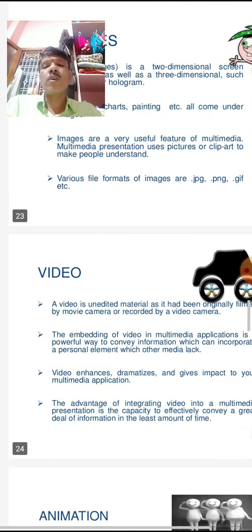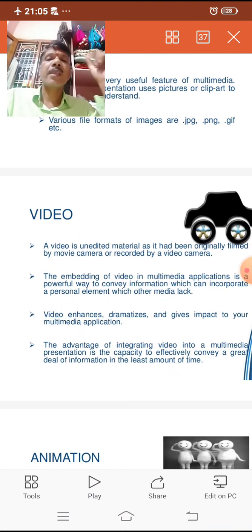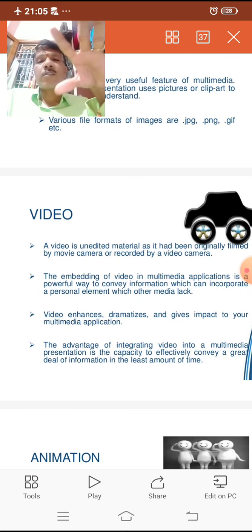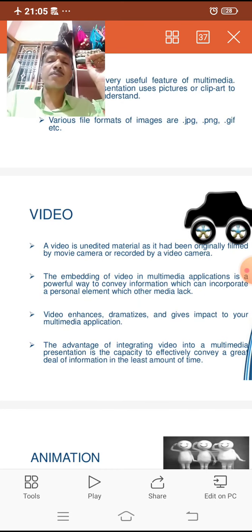Then come to video. This is also our presentation, which comes under the part of video. It includes the PowerPoint presentation. Such a video is generally uploaded to a YouTube channel. With the help of the YouTube channel, we are listening, watching and seeing that PowerPoint presentation also. So it is counted as a multimedia component because it includes all these systems.